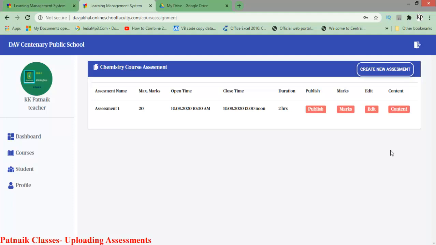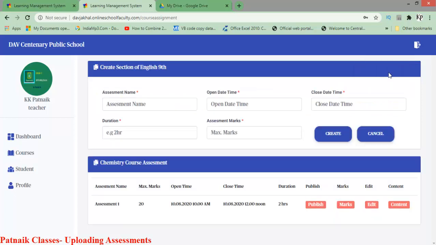After reaching this point, you have to create a new assessment. So click on new assessment. Once you click on new assessment, you will get all the details over here. What is the name of the assessment? Suppose you are taking assessment for chapter 1 or section 2 or chapter 1 section 3. So you have to give that proper name over here. Suppose my assessment is on introduction to computers or introduction to maths or introduction to anything.